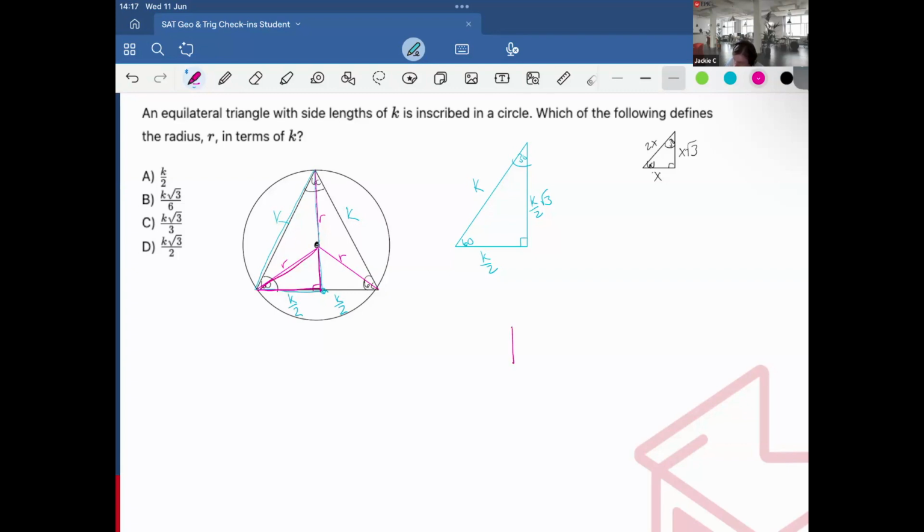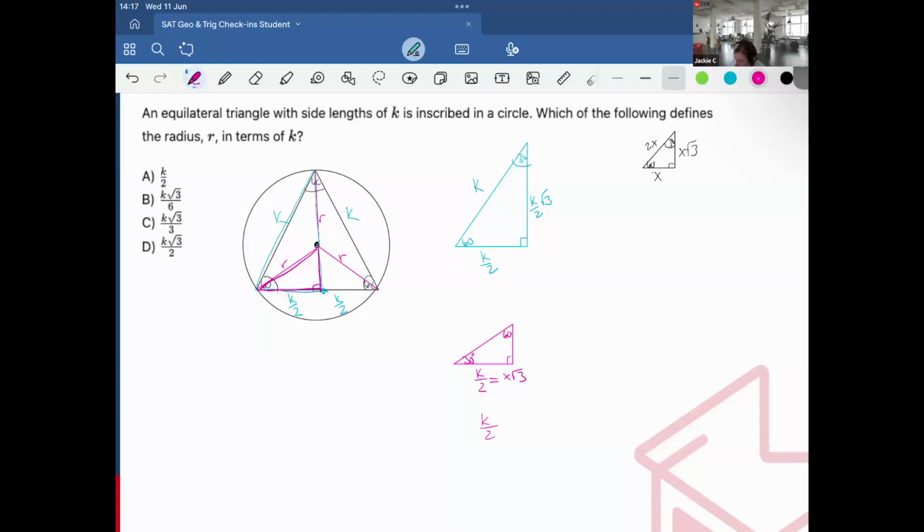So I'm going to make this my pink little triangle. However, the 30 degrees is here and 60 is here, which means that the k over 2 is now equal to x root 3. So if I wanted to solve for x, what I have to do is do k